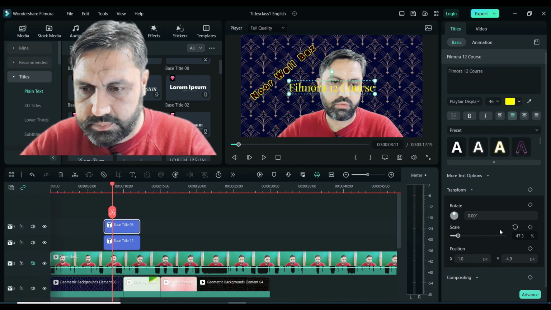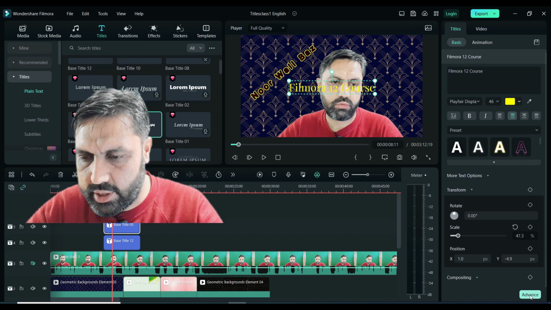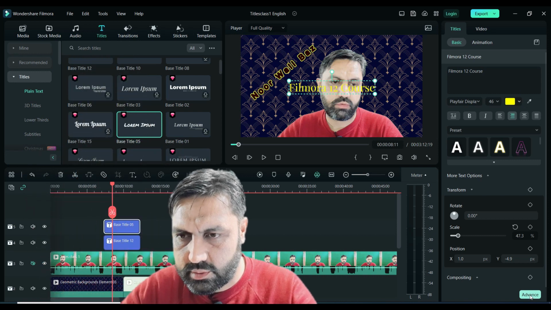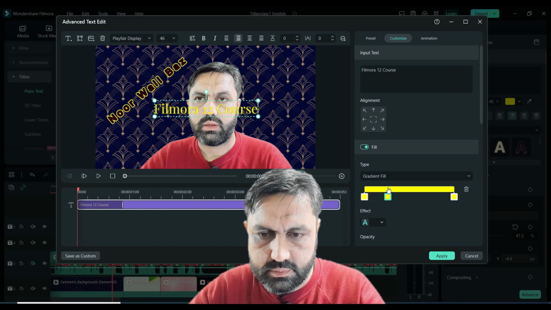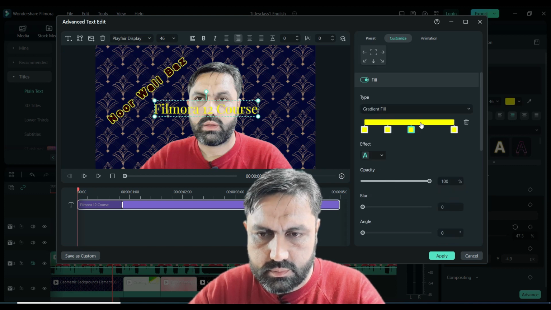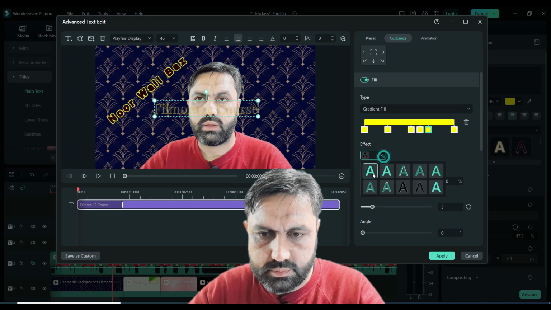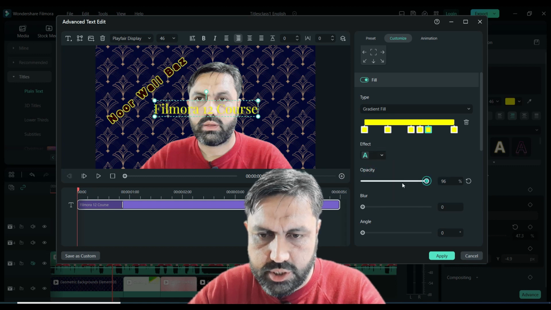So I reset it, and from here we click on it to see the advanced option. So I click on the advanced. So from here I change the color fill, gradient, and from here you change the effect. From here you change the opacity, the color opacity. From here you increase, decrease the blur, the angle,